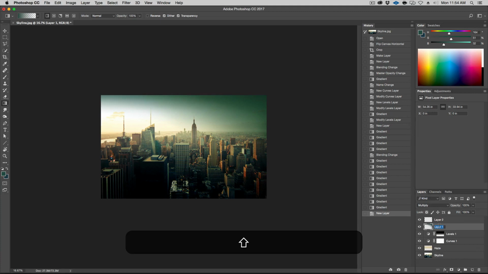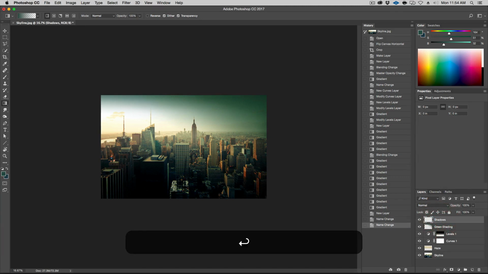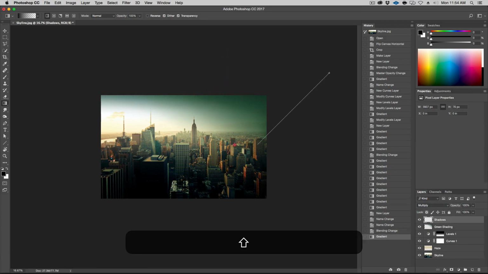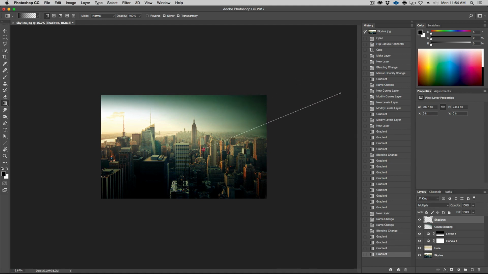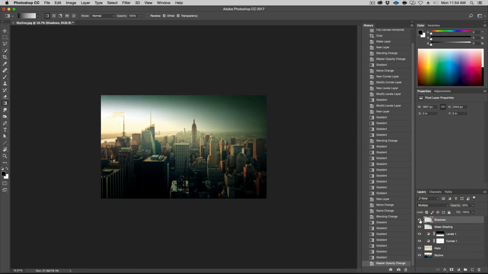So let's call this green shading. Okay, and we'll call this just shadows. Okay, and in this case, we'll hit D for default colors. I'm going to do black. Once again, just put it in multiply mode, and just very, very lightly, like so. Okay, I'll probably lighten this because I don't want it too much. It's a little heavy-handed here, but I'll just change the opacity of this layer. Let's do 50%, but I'm definitely adding some shade there.